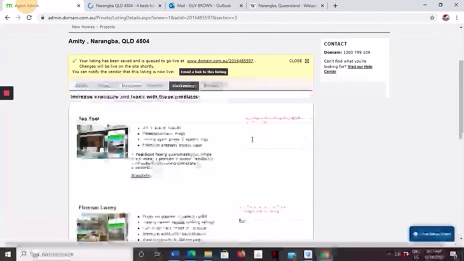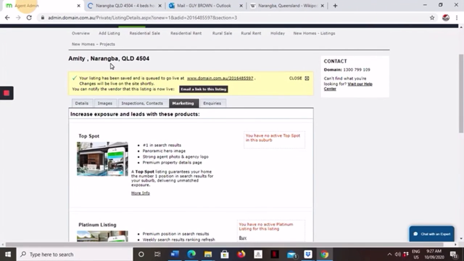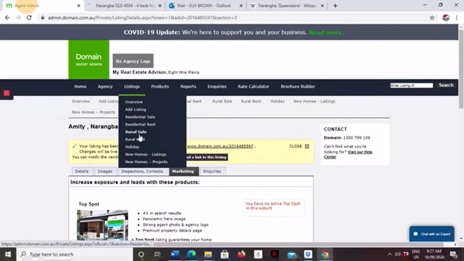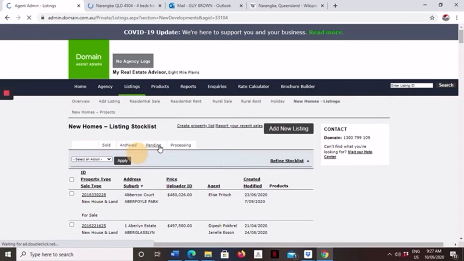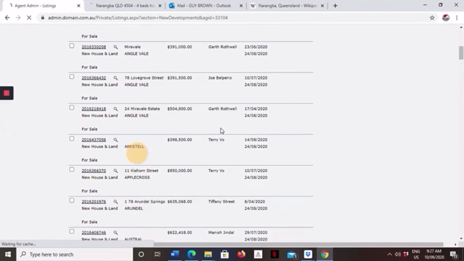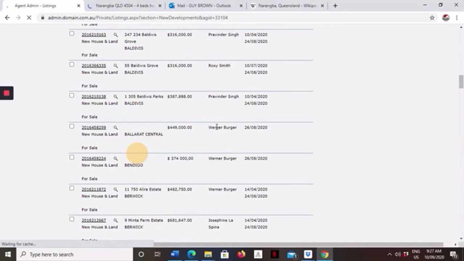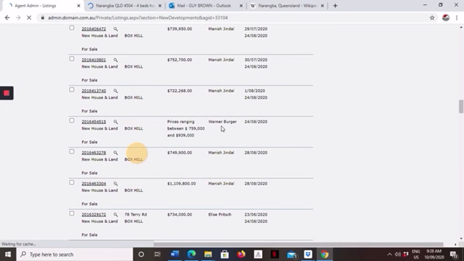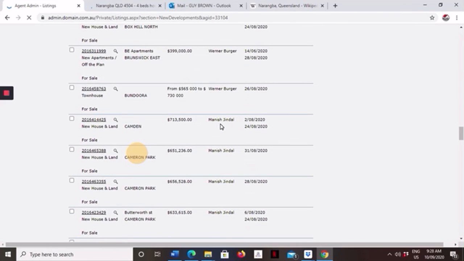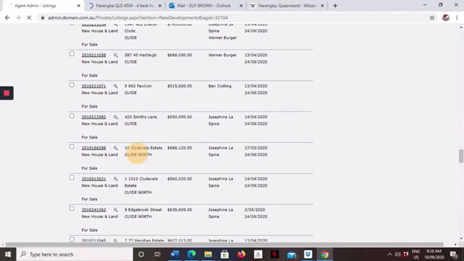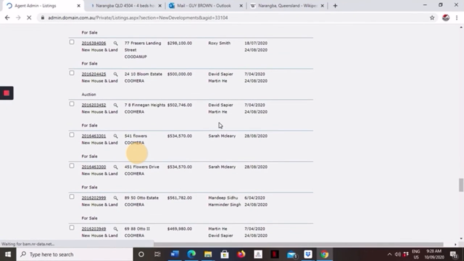Okay, and then I think I'm clicking into it now to then alter it. So I'm going into listings, the company listings, to then find this listing, which might take a little bit of time because there's a couple of hundred listings on there all up. So I'm going to scroll through. I think it was on page 2, and as far as I can remember, because this is running at a go slow thing that's out of sync, I clicked on the wrong listing, and then that brought the wrong information up, so I have to go back into it and do it again. So I'm going through this now, trying to find